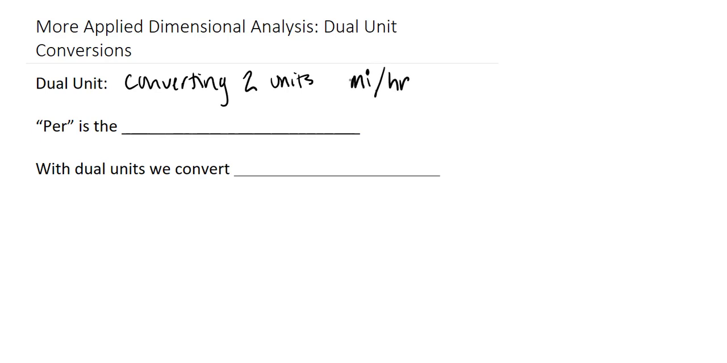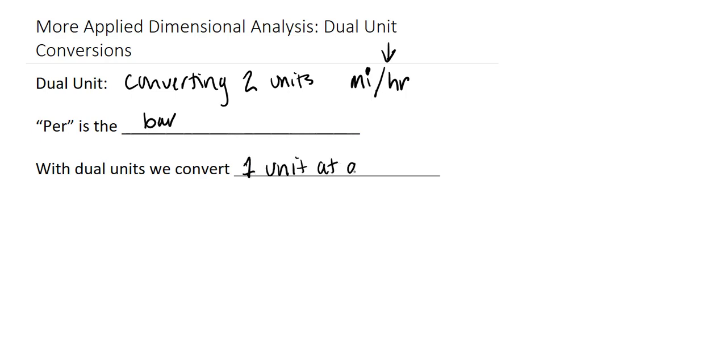Now, what does the per mean? It just means that we have the bar, this bar, right? We have miles per hour. So we're just going to put a bar there. So we get a numerator and we get a denominator. That's how it happens. And so with dual units, we're going to convert 1 unit